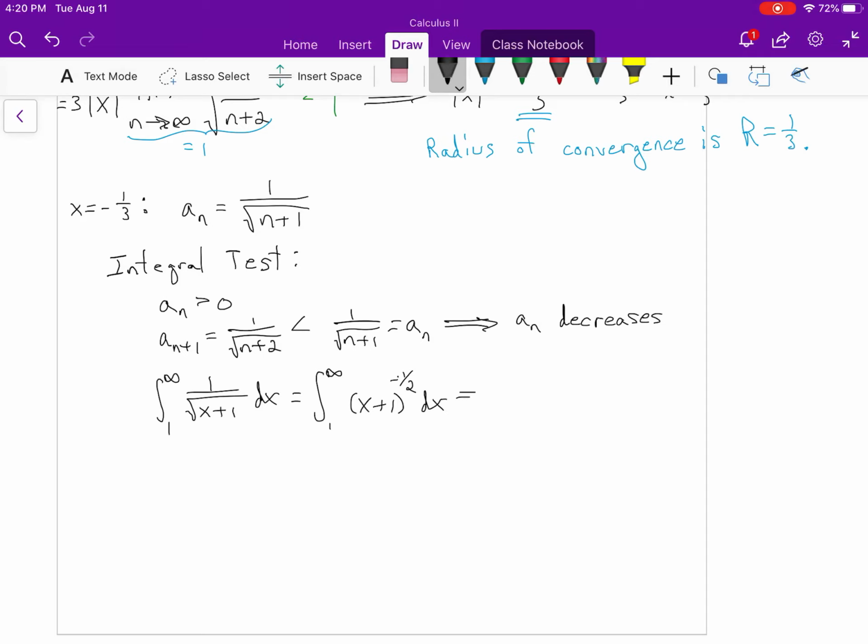If not, you could always make use of u substitution. But this is going to end up being 2 times the square root of x plus 1, evaluated from 1 to infinity, which at infinity, it is going to explode, minus 2 root 2, which just essentially leaves us with infinity, and that means that the series diverges,